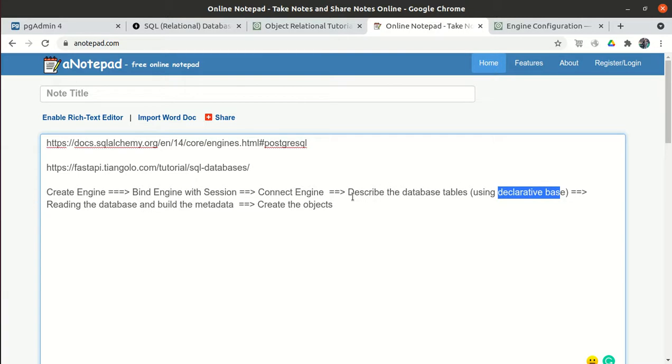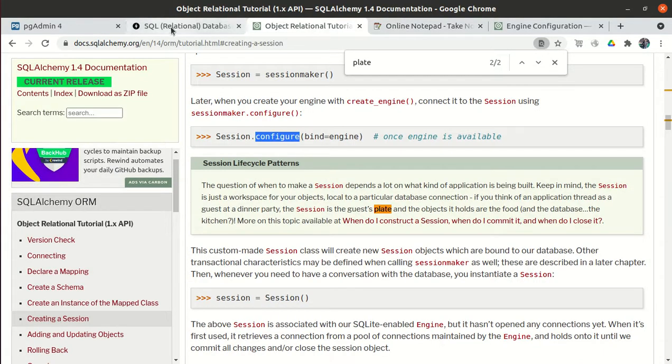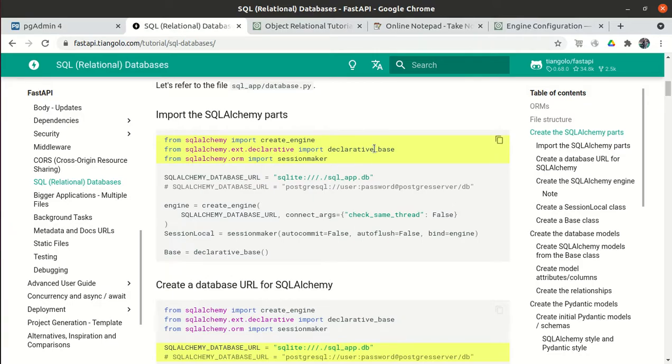And when we create our actual table class, we will inherit this base class as well. So basically there is a three-way connection. Okay, so we have to import the declarative base class.